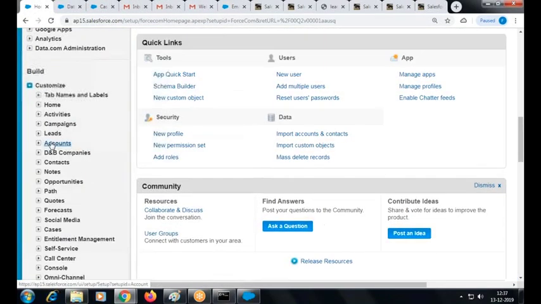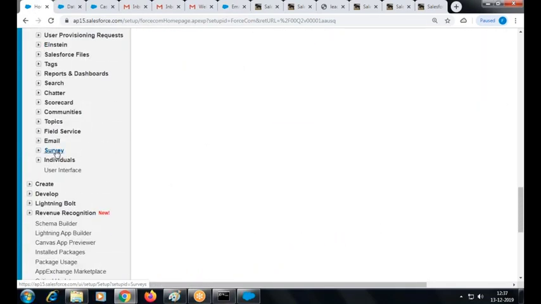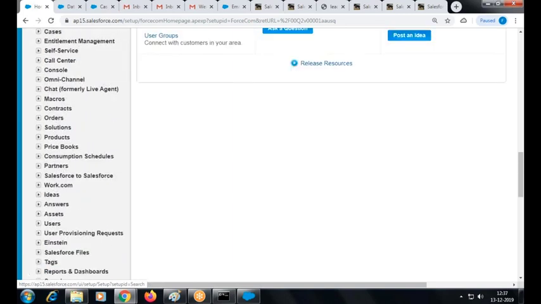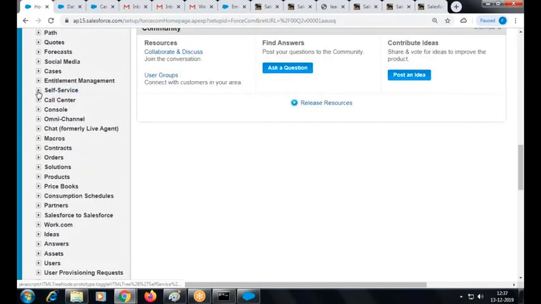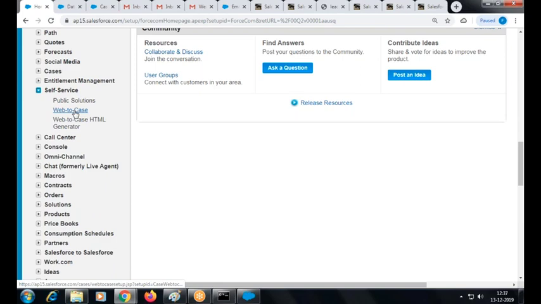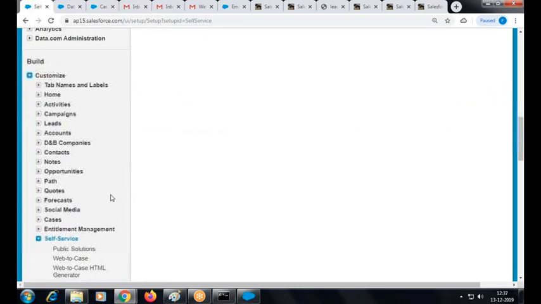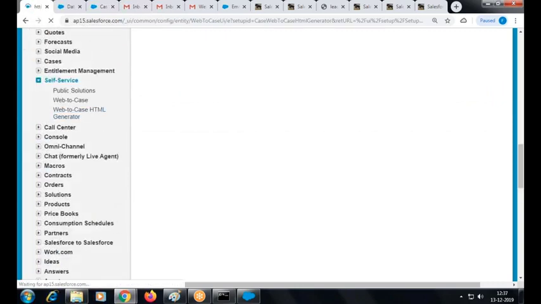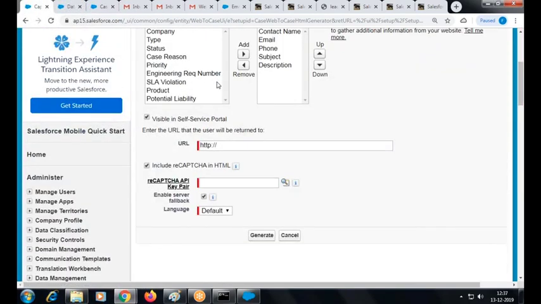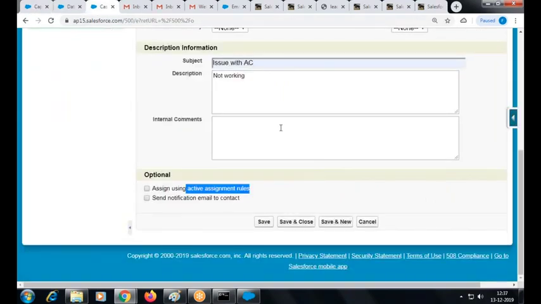So go to customize. Here we have to come down to the self-service web to case. Save. Web to case, right. You generate the file. Again, you submit the file. What will happen? A case record will be created. Okay, that is web to lead. Assignment rule,